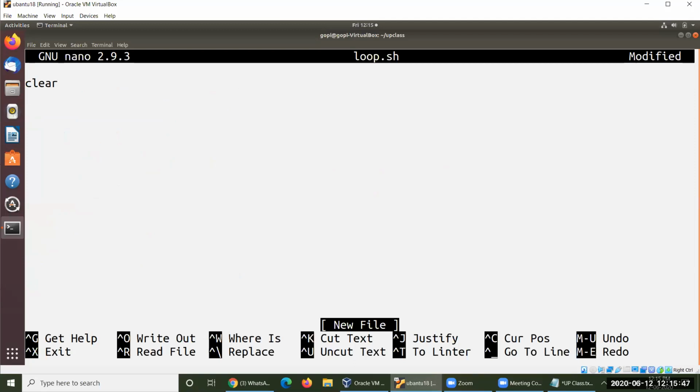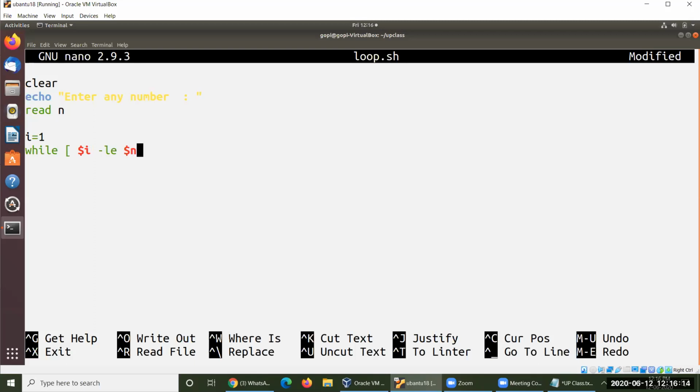And then echo enter any value or any number, whatever number you are expected to take as input here. Read as n here. Loop initiator I will be equal to 1. So while $I is less than or equal to $n.